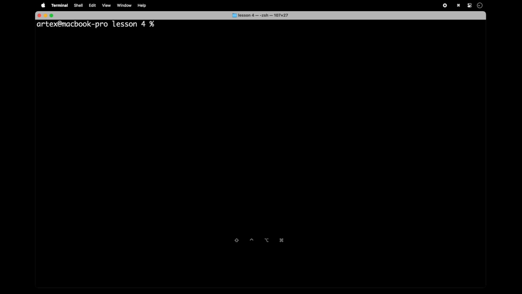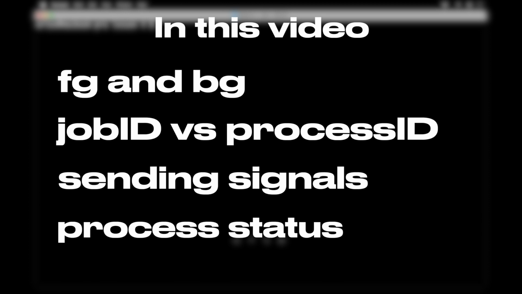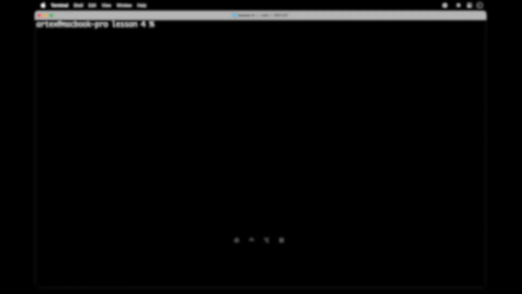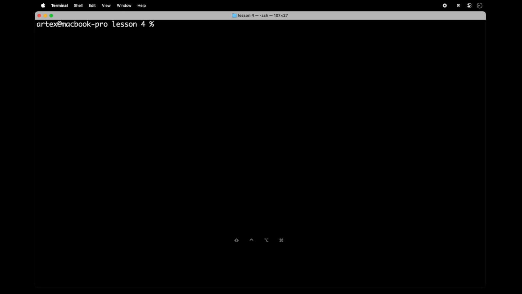By the end of this video, you will have learned the difference between a foreground and background process, how to send processes to either the background or the foreground, how to find, suspend and kill a process, and a few useful terminal tricks. First of all, if you weren't with us last time, you can find a link to